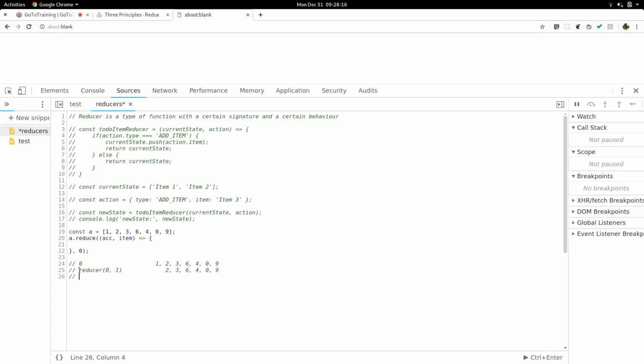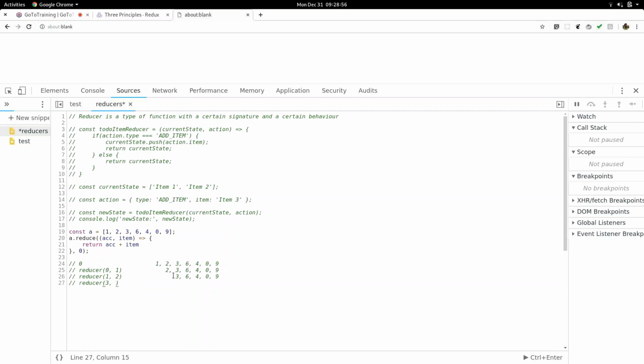During the second iteration, it will take the value of this. So what is the value of 0, 1? Here, since we want to calculate the sum, we can return accumulator plus item, which is 0 plus 1, right? So the value which we'll get is 1. Now for the second iteration, we will apply this reducer with 1 and the next item 2. And the remaining items are these, correct? So 1 plus 2 is going to be